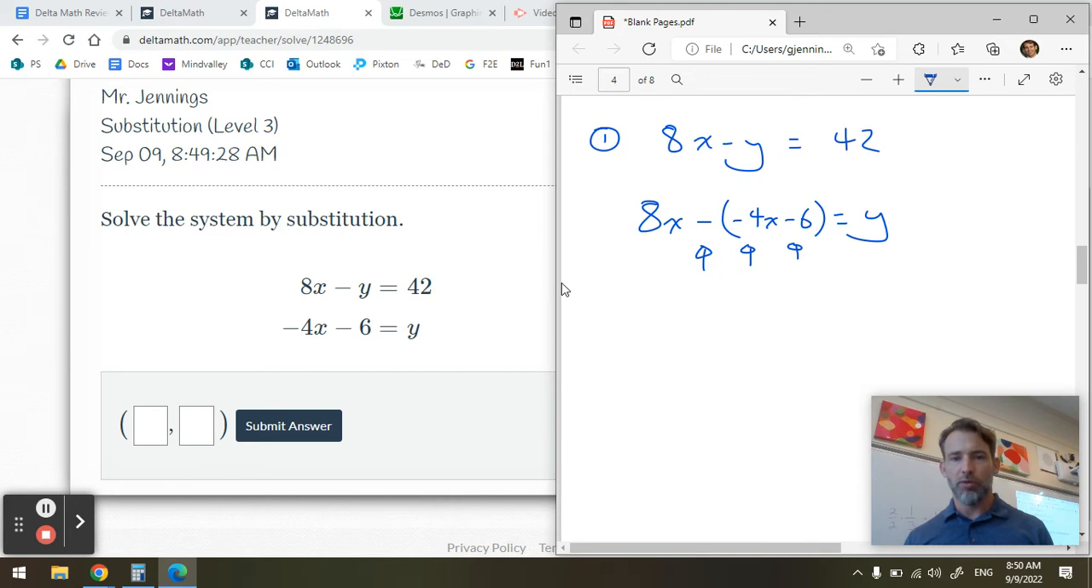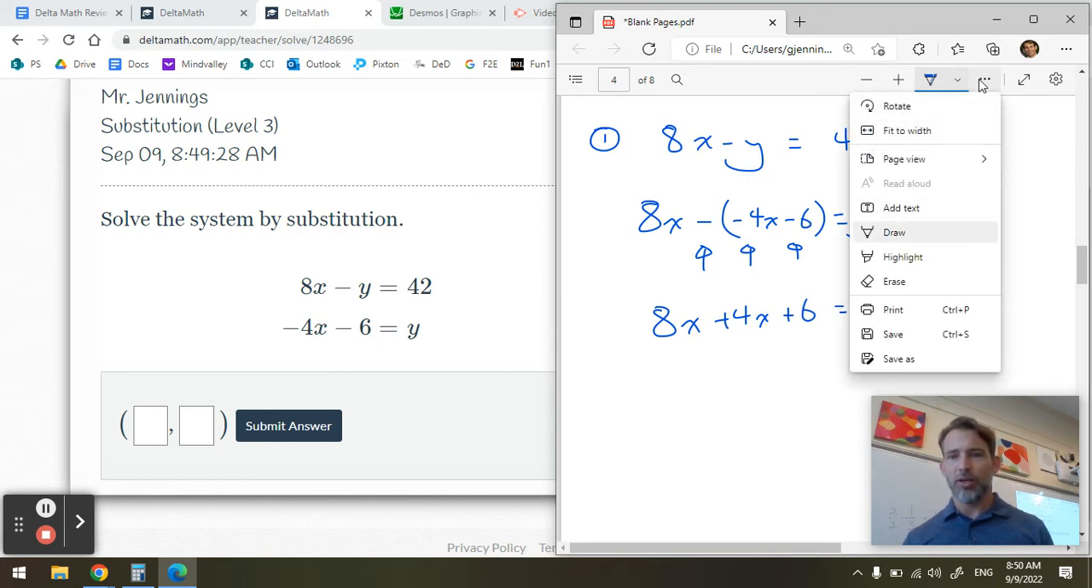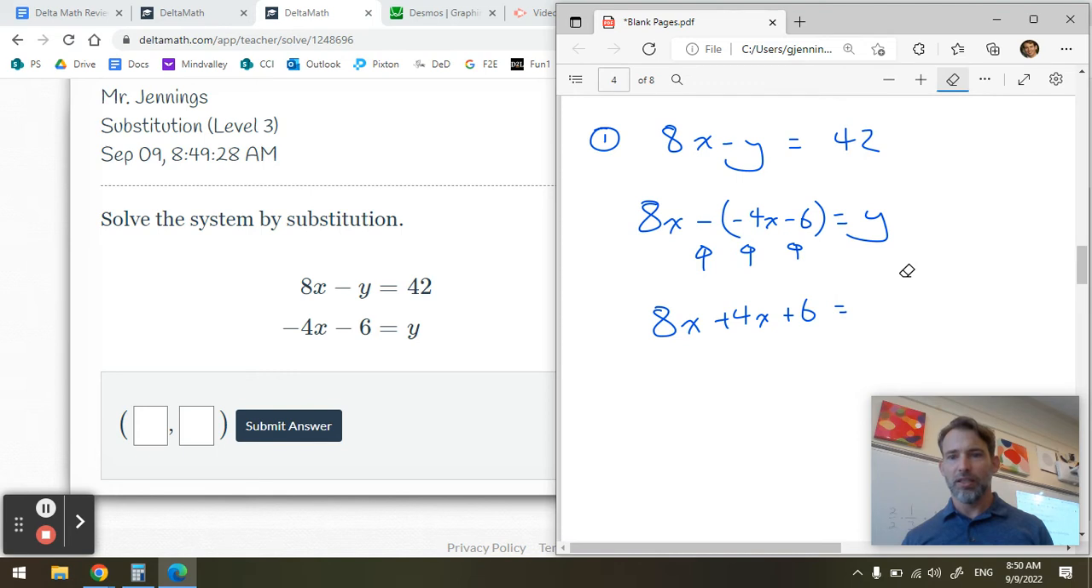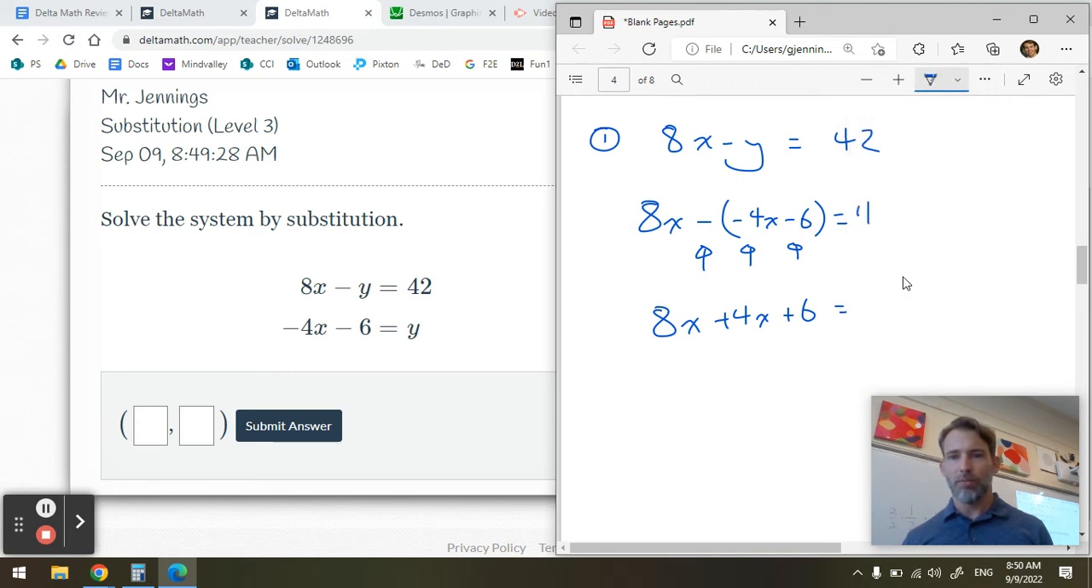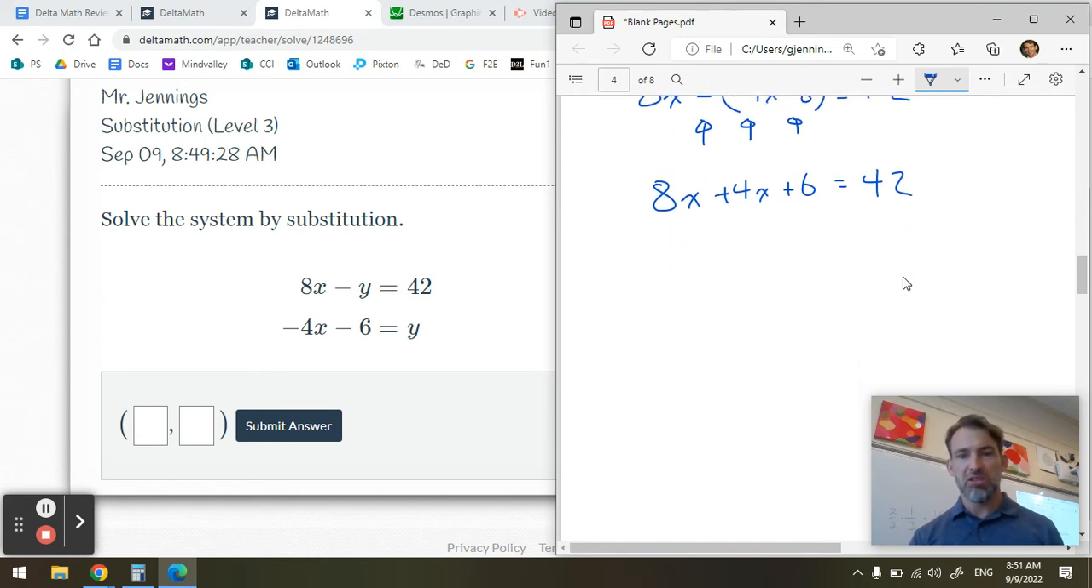So I can remove the brackets by saying 8x plus 4x plus 6, just noticing that I did something strange there. This is not y over here, of course. This is 42. It's still 42. I don't know why that became y over there. So that's still 42. Okay. So now 8x plus 4x plus 6 is equal to 42. Just collect like terms, 12x,